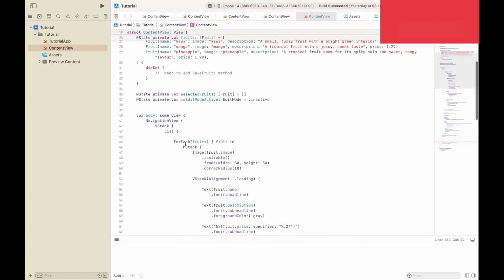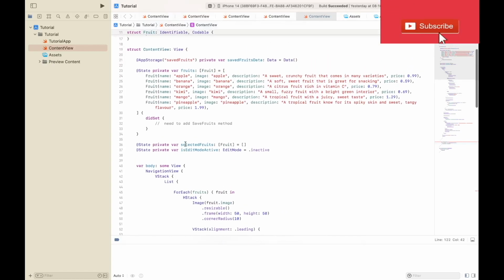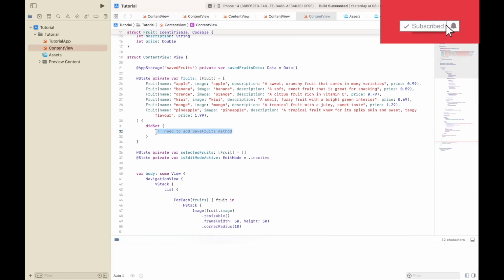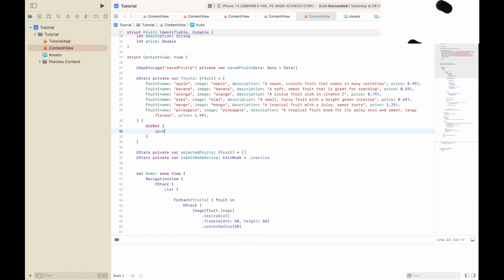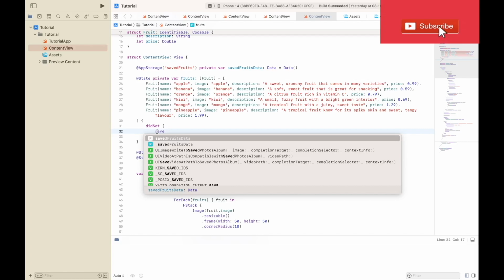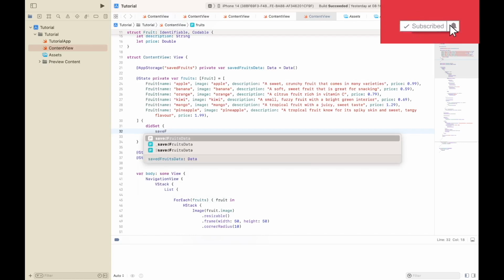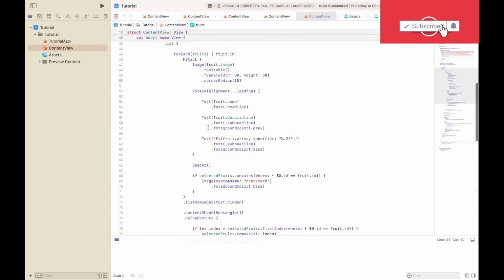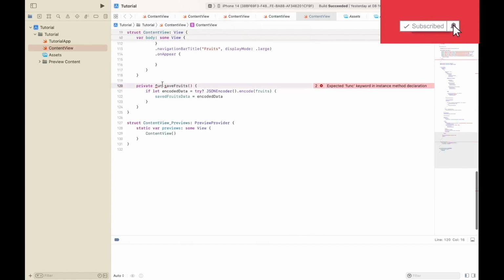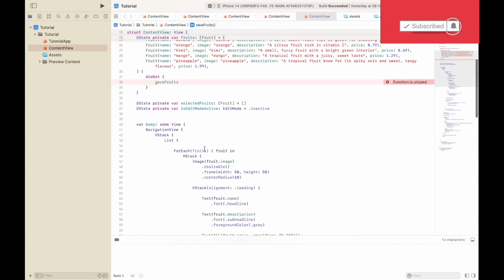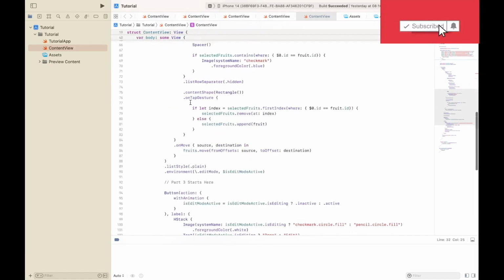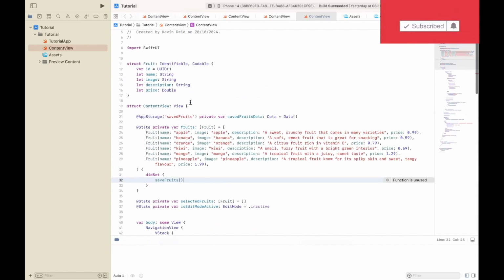And then we have to go back to the comment on line 32 and call that method, which is save fruits. What did I call it? It should be called save fruits. I made a mistake there. Yeah, so it's save fruits. And then, now the fruits have been saved,